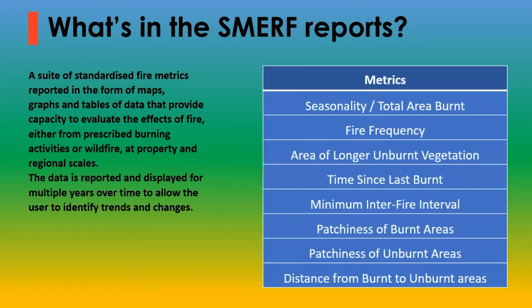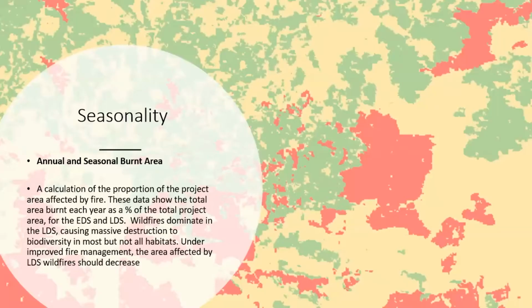So there's a whole list of them there, and I'll give them a bit more detail later rather than just trying to go through them now. The first is seasonality. So in this background map, you can see green patches and red patches. This is just an example area somewhere out in Arnhem Land from a couple of years ago. The green areas are all those fires that occurred in the early dry season, which we presume to be,